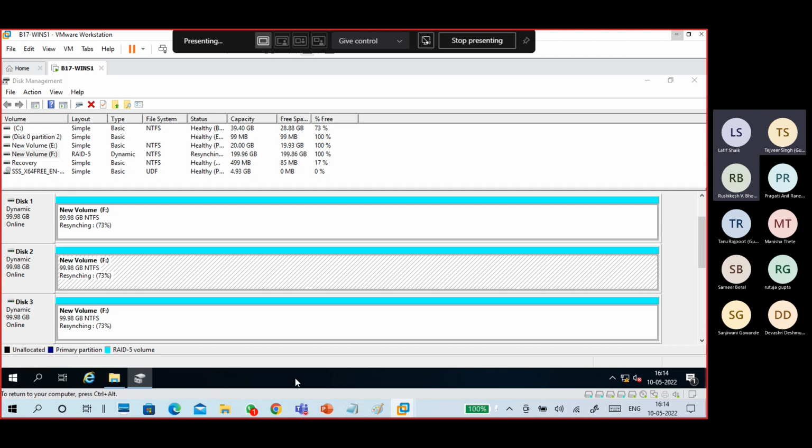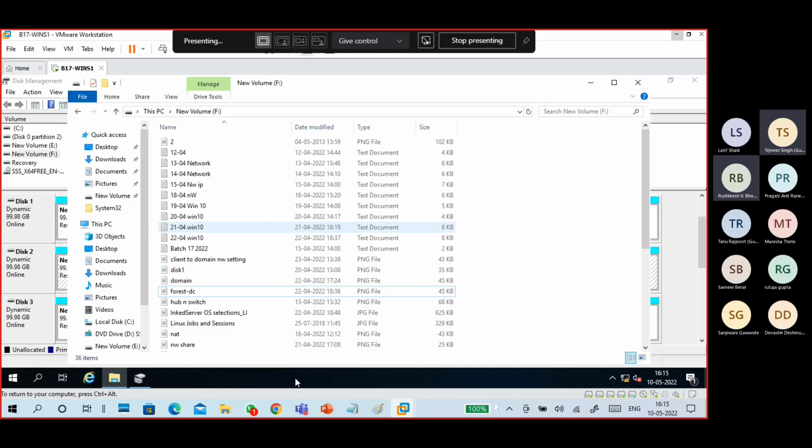And RAID 5. RAID 5, minimum 3 disks we will take. More disks we can also take, like if you take 5 disks it becomes RAID 6. Okay, RAID 5, minimum 3 disks. 2 disks' volume we will get. Like if you take 2 terabyte, 2 terabyte, 2 terabyte, the resultant total size is 4 terabyte. It is single disk failure with parity. Single disk failure with parity means out of 3 disks, if one of the disks fails, no problem, we are still able to access data. It is also an enterprise